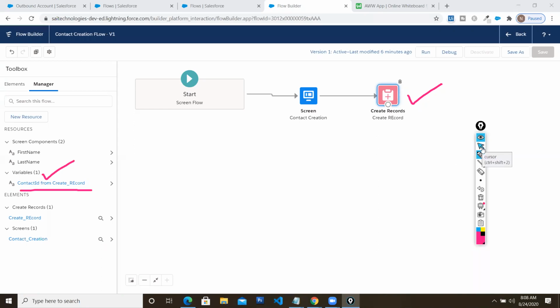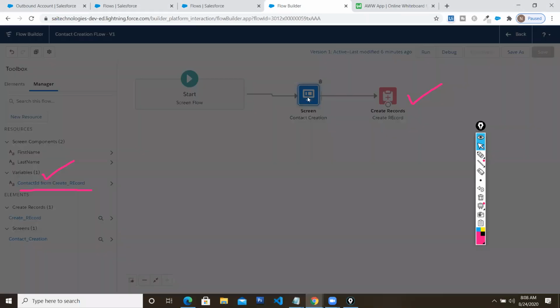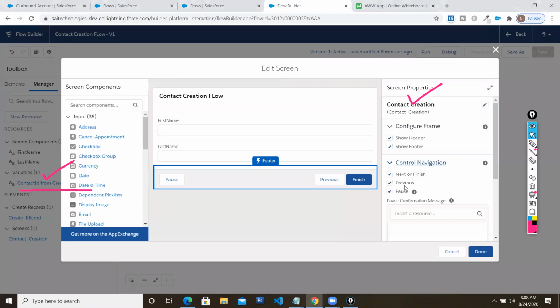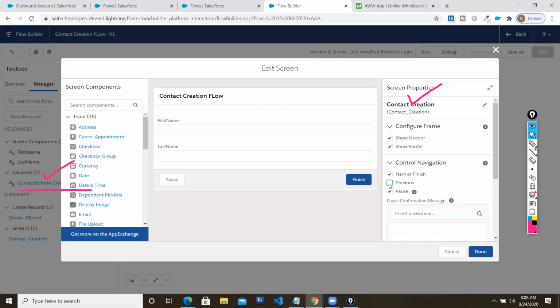One question I had was about the action buttons on the page. You have the next and finish buttons. Can you customize those buttons? Yes, if you want to customize, you can enable or disable them. That's the functionality currently available here. You can go for previous, or you can disable it. If there is no next screen, you can disable next. You can also remove it, but you at least need a finish button there.